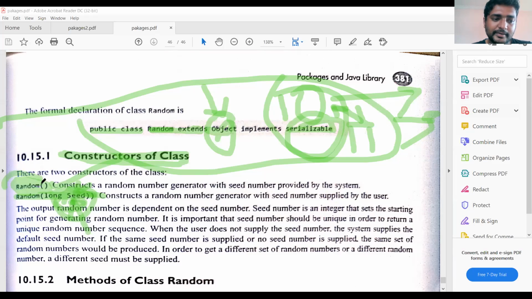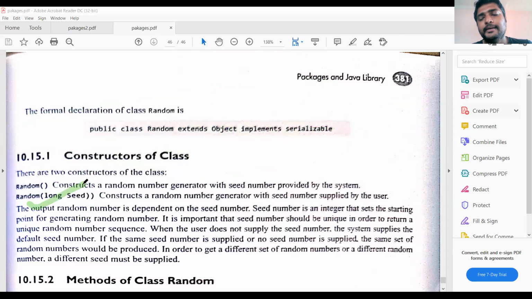So two ways are possible. These are the two main constructors in the Random class. If you want to generate random numbers, you have to know the seed value. You have to give the input to generate the random numbers. That is nothing but a seed value.